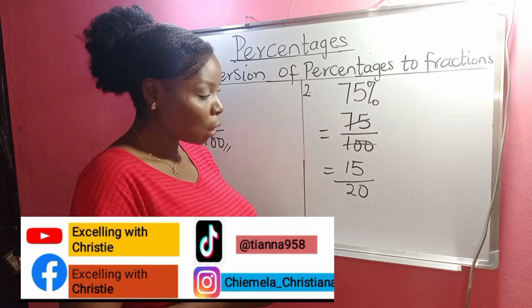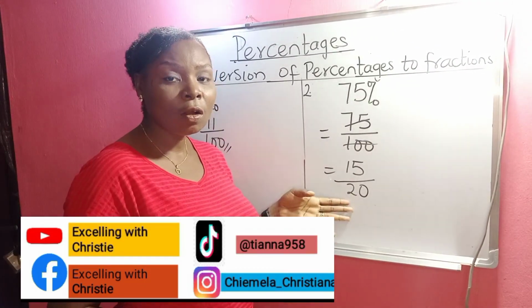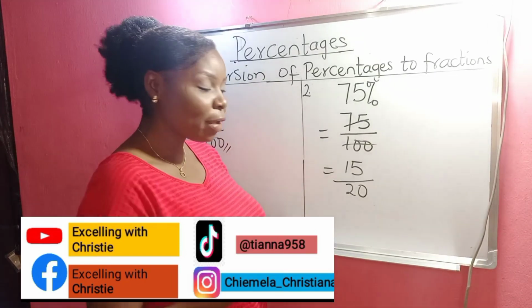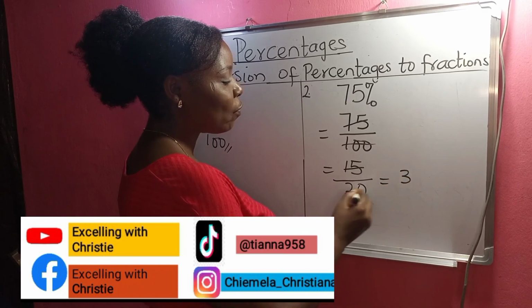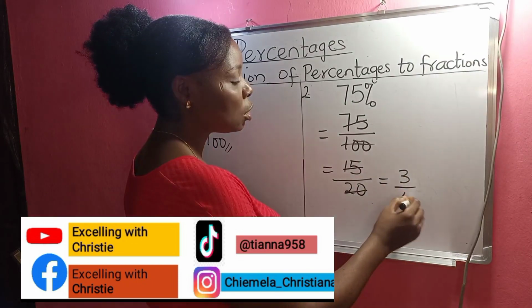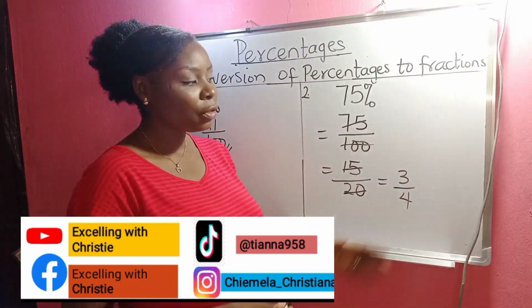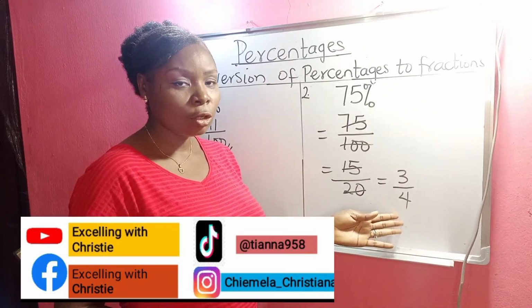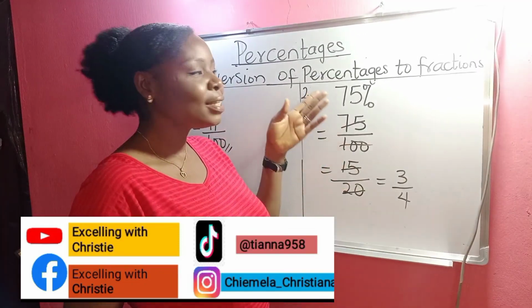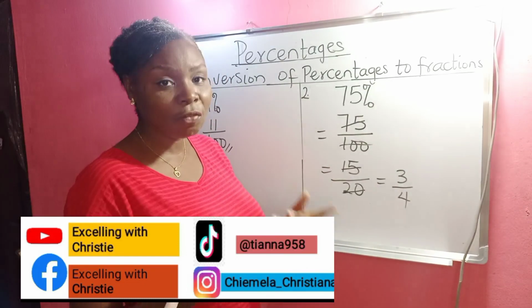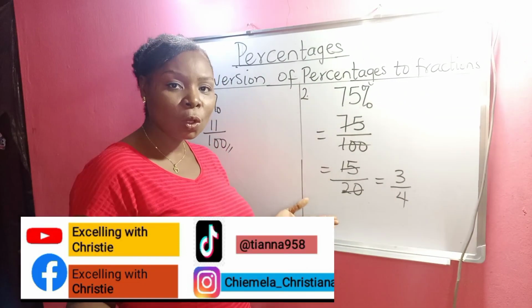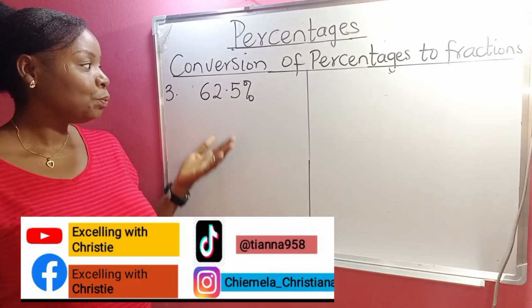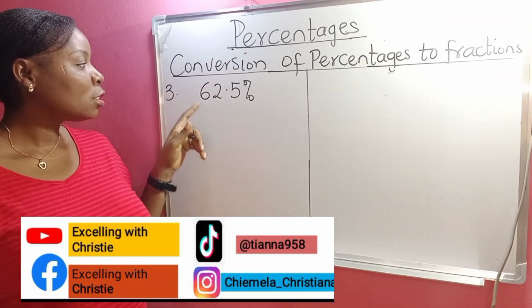Now, if you look at this, something can still divide. Same 5. Use 5 again. 5 divides 15 giving us 3, and 5 divides 20 giving us 4. If you look at this fraction, nothing else can divide. So 3 over 4 is 75% in fraction. I hope you understand. In this example, it says convert